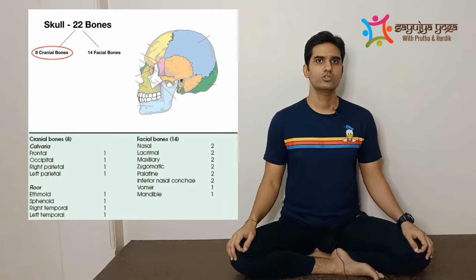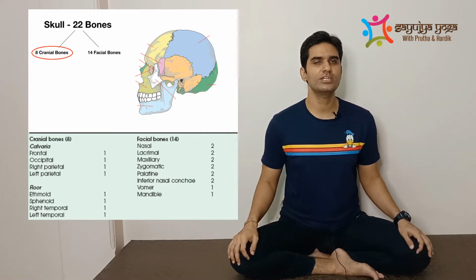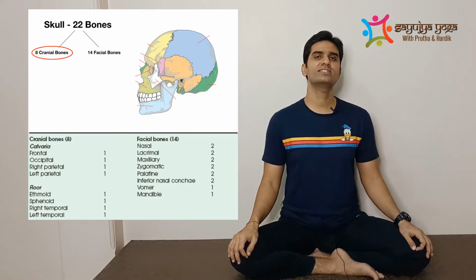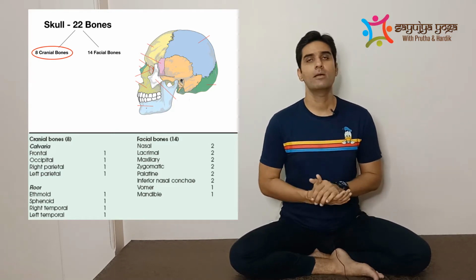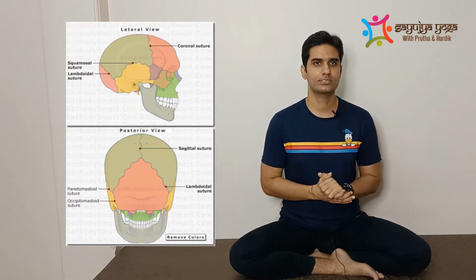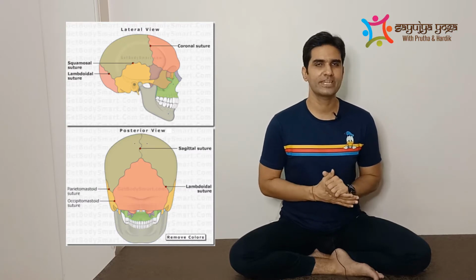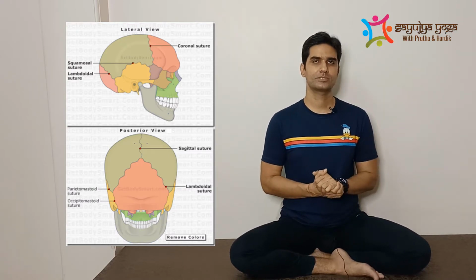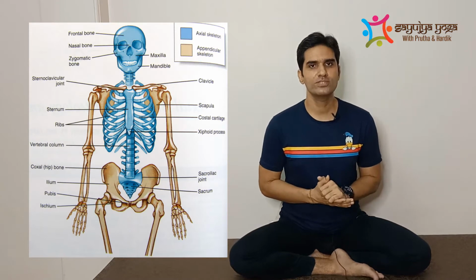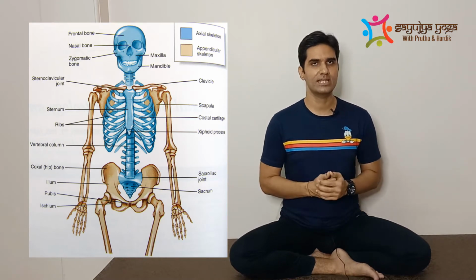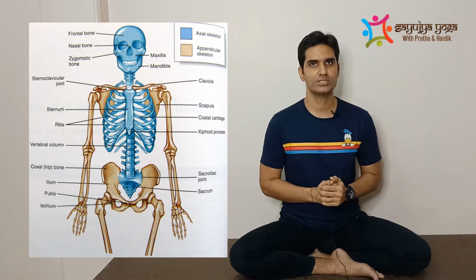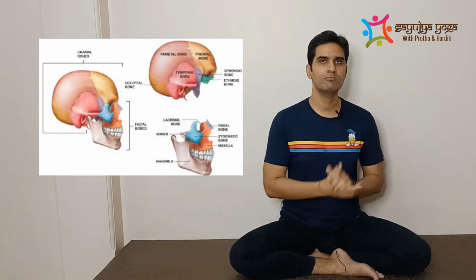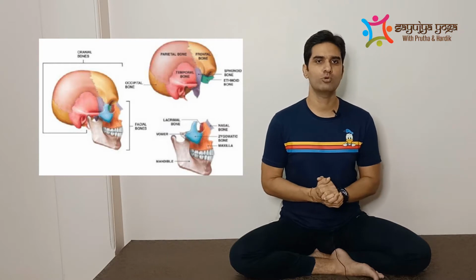In today's video, we are going to learn about the 8 cranial bones and 14 facial bones. So friends, there are total 22 skull bones, which consist of flat and irregular bones that are connected together by suture joints, making it look like a creepy 3D jigsaw puzzle. The 22 skull bones make up part of the axial skeleton, and they can be divided into two main sections, that is 8 cranial bones and 14 facial bones.